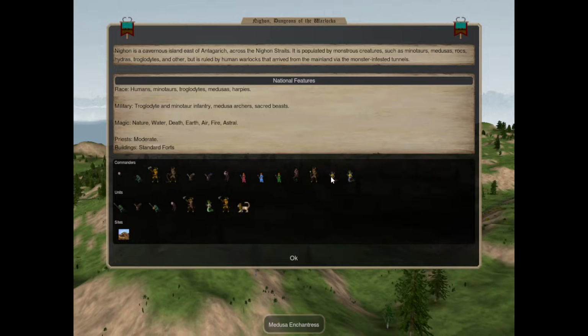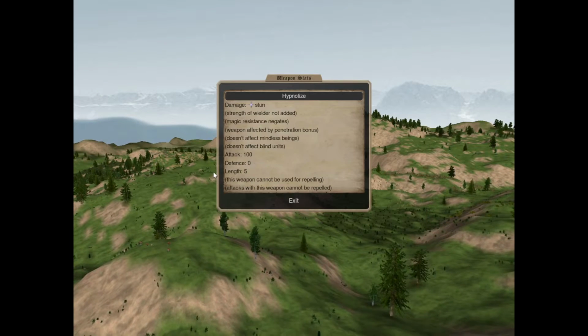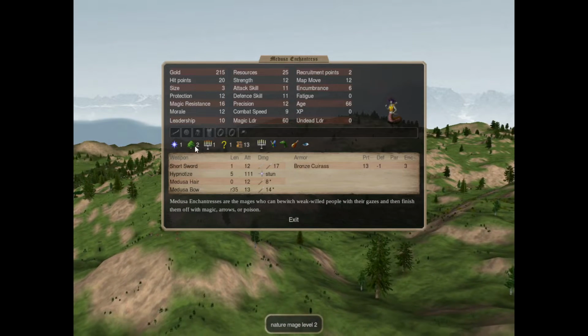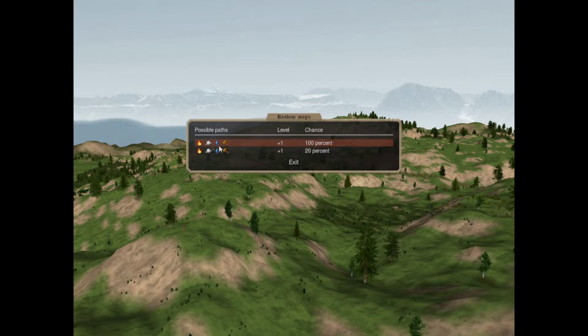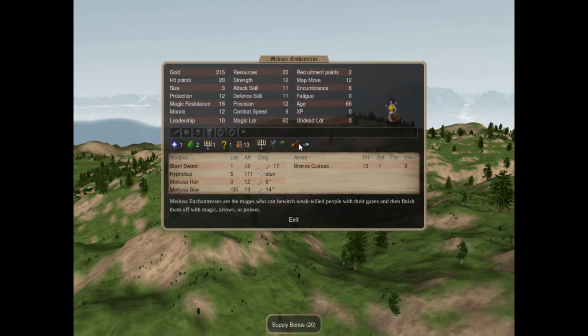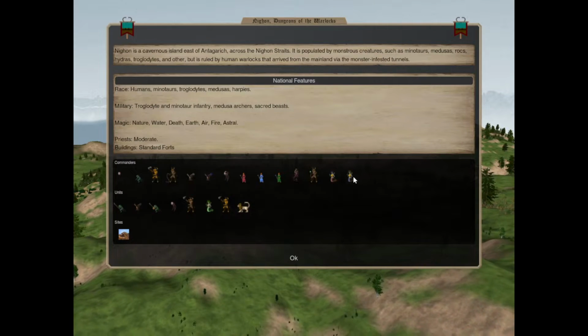Then we have Medusa Enchantress. She can hypnotize. Astral 1, Nature 2, Holy 1, and sometimes Elemental Paths. Sacred, Magic Beam, Cold-Blooded, Supply Bonus, Dark Vision. And our cap only